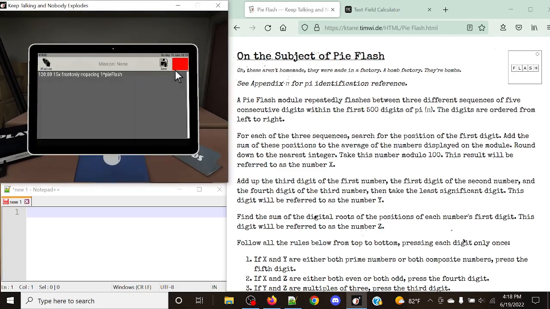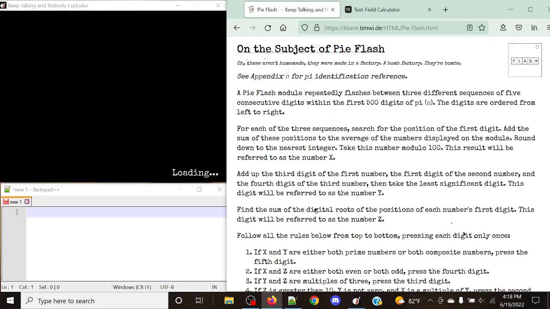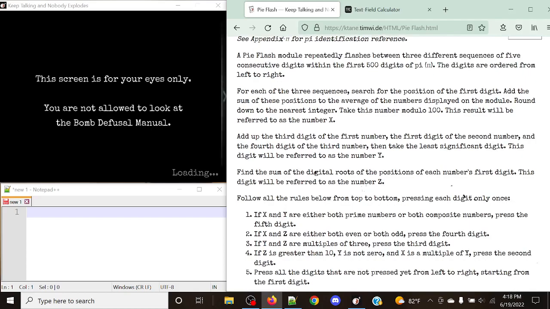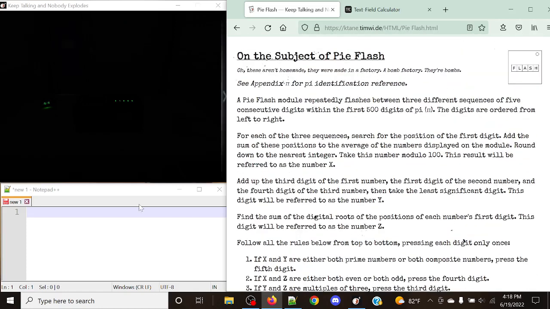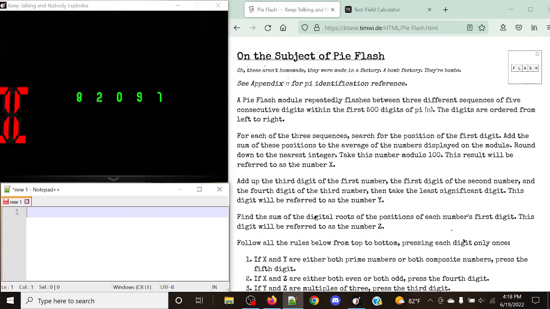Okay, let's take a look. We actually got quite lucky with the positions. I was expecting that to be a lot worse. All right, so we've got a